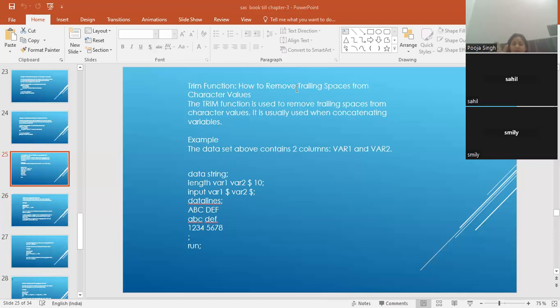Suppose in a variable you have Sahil stored, and before Sahil you have 2-3 spaces, and after Sahil you have 2-3 spaces. If you are going to trim the spaces, it will remove the trailing spaces after Sahil. It will not remove the leading spaces just before Sahil, right? So the trim function is used for removing the trailing spaces which are after Sahil, right? And we have another command which will remove the